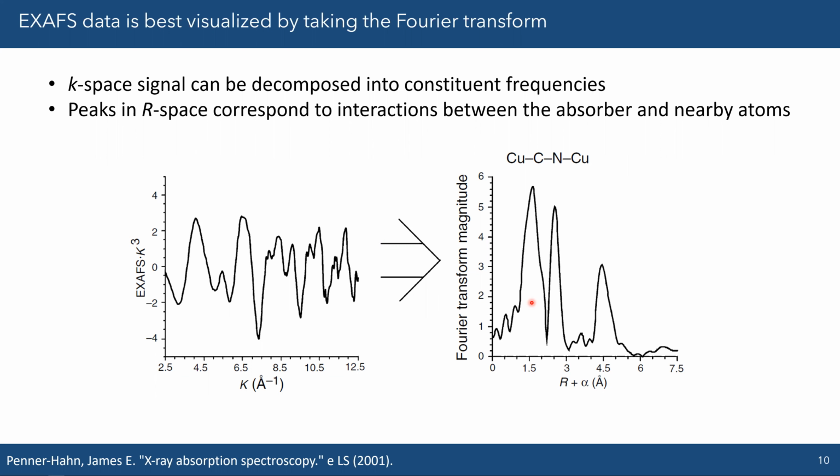Why would you want to use a pair distribution function versus XAS to characterize structure in general? That's a great question. The main reason is that a pair distribution function gives the actual pair distributions. When I say it's like a pair distribution function, it's not exactly it, because even though this is centered at around 1.5 angstroms, right? This doesn't actually mean that your copper-carbon bond is 1.5 angstroms, because notice that there's a phase shift due to